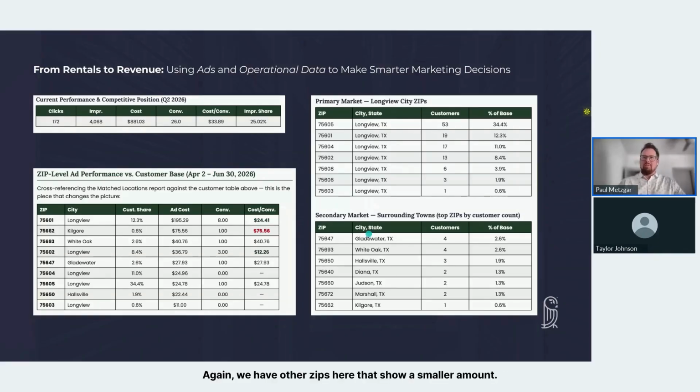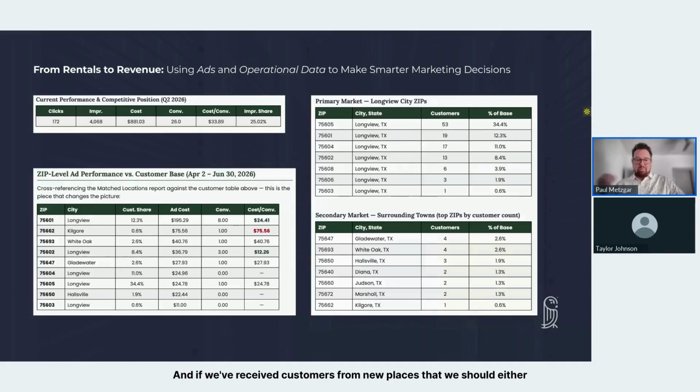that region. Again, we have other zips here that show a smaller amount, and so I've classified them as a secondary market. So these are some customers that might be kind of a one-off example. Maybe they come into town to do business, and so they wanted to get a storage unit there. So they're not necessarily representing the full pattern. They're just kind of those outliers. So we wouldn't necessarily want to spend all of your ad budget on these places because it's probably not as common. And on a regular basis, we'll go through and review this to see if those things have changed and